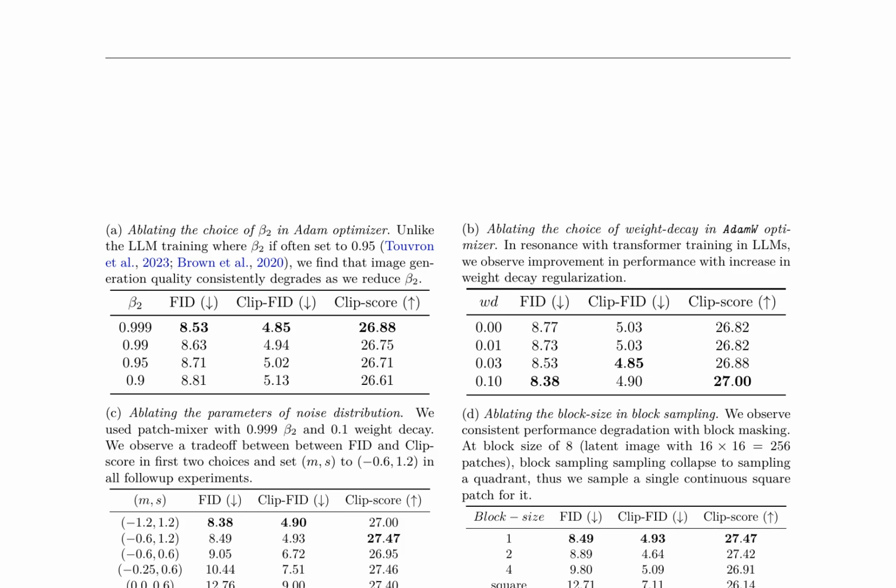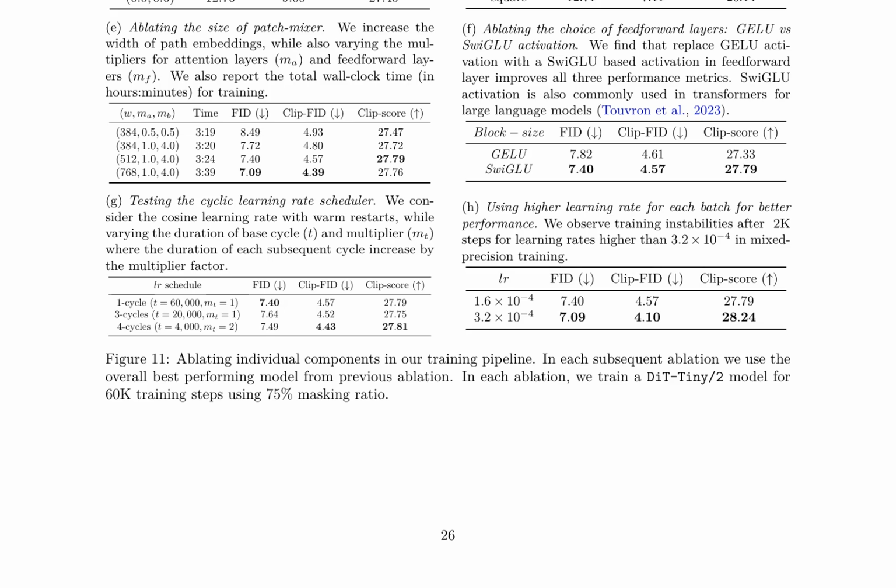The results show that the best performing model uses a beta 2 of 0.999, weight decay of 0.1, patch mixer with parameters m, s equals 0.6, 1.2, block size of 1, patch mixer size of 384 with multipliers for attention layers, ma, and feed-forward layers, mf, set to 0.5 and 0.5, respectively. SwiGLU activation in feed-forward layers, a cyclic learning rate scheduler with 1 cycle, and a learning rate of 1.6 times